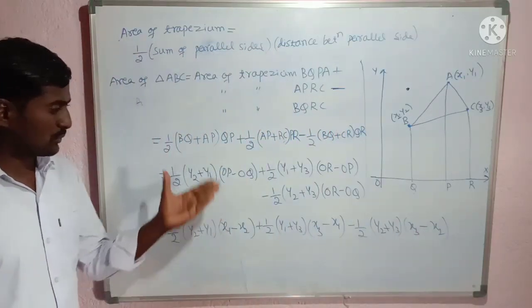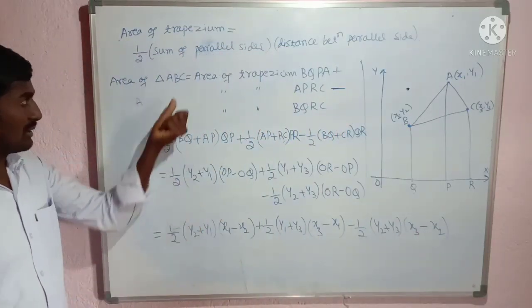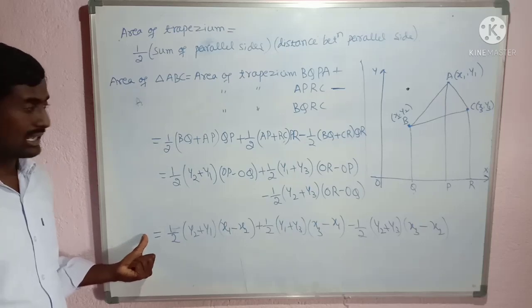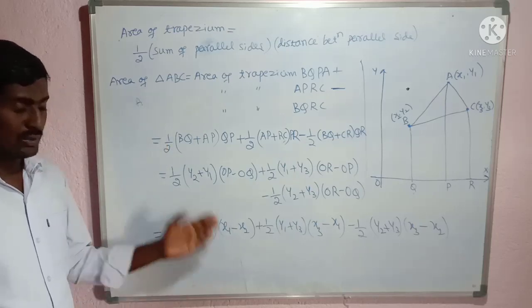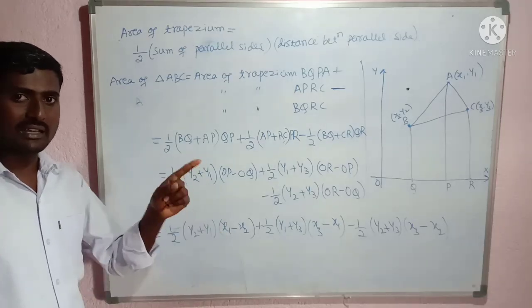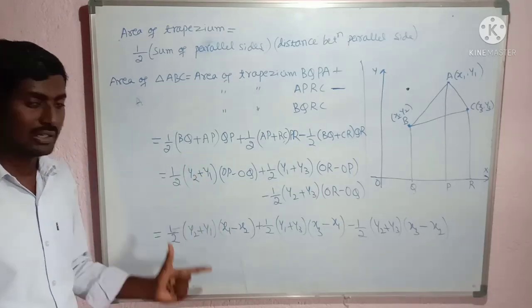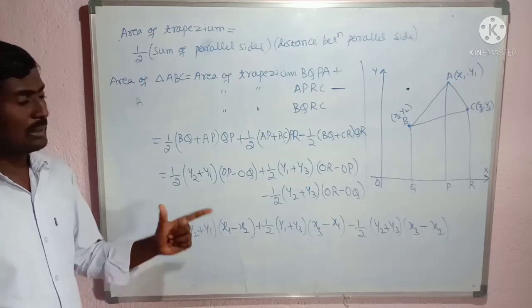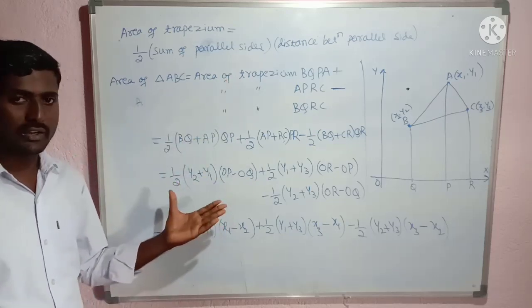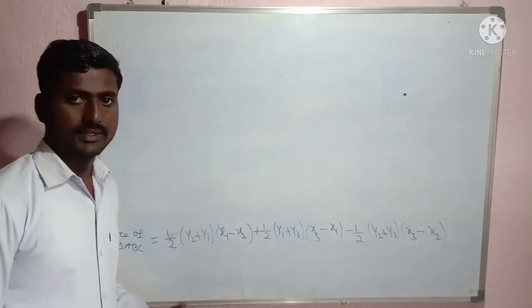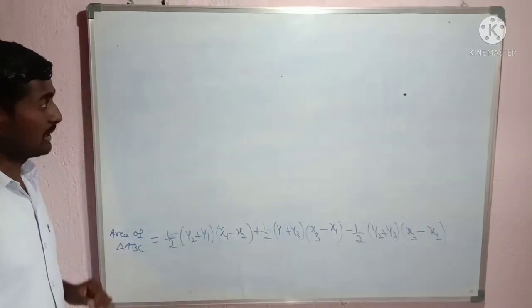You just pause this video. First you copy this. So in the LHS, what is the area of the triangle ABC? Now I have to simplify this till now. So I should get the answer. That already we know that formula. That formula I should get it. So they may not ask this proof in the examination, but just for understanding, I am explaining this. Next simplification after this stuff.